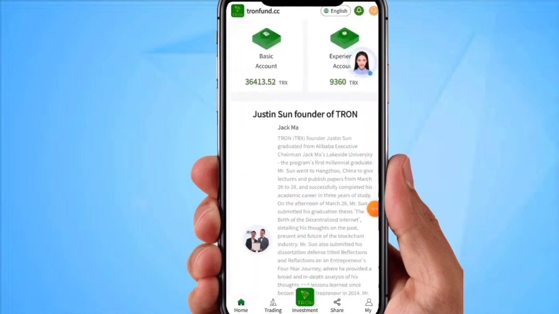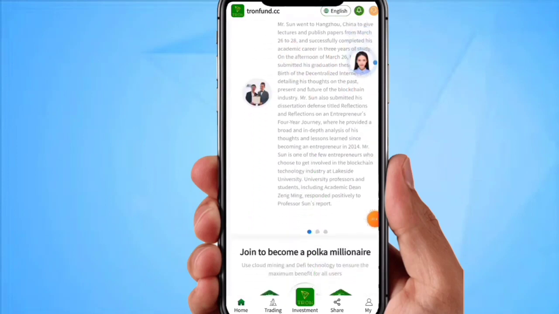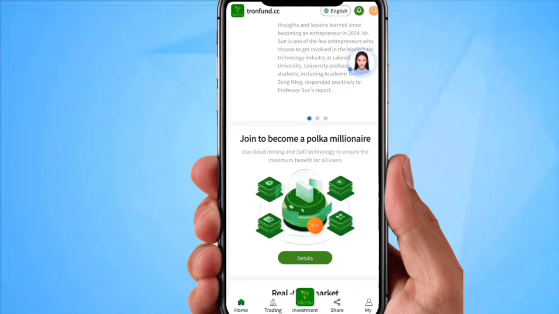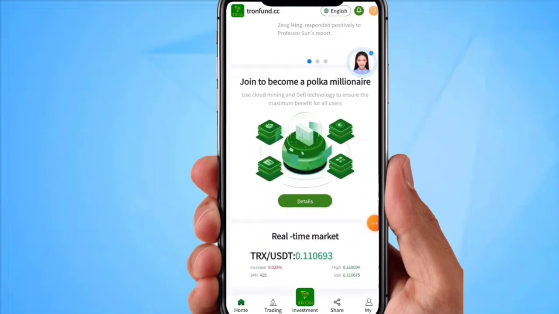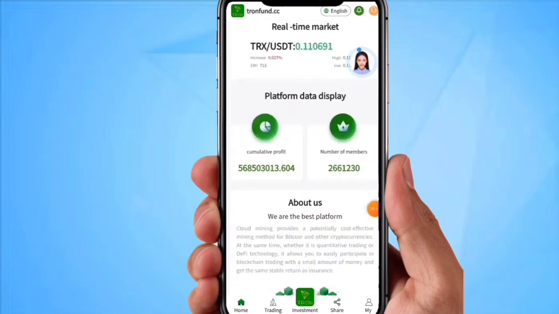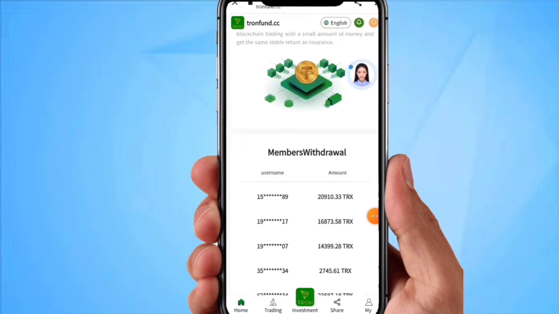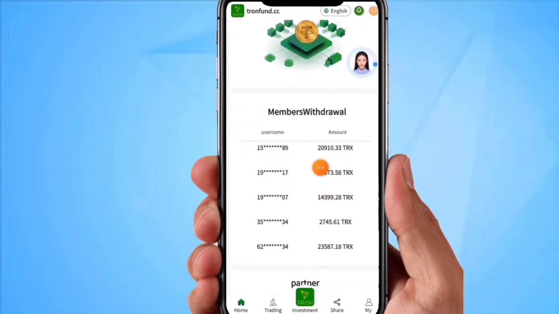And here you can see the profit withdrawals of this platform. Many users are withdrawing TRX, meaning earning TRX. So you can see this clearly. And here you can see the global partners of this platform like Binance, Ethereum, Bitmain, Tron, Tether, Coinbase, Huobi, Dogecoin, CoinDCX, etc. So first I will show you how to deposit your money.